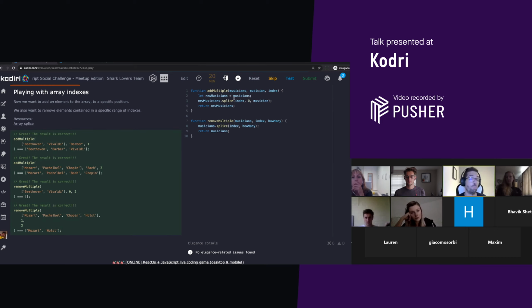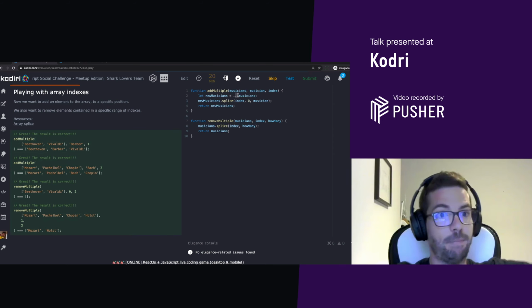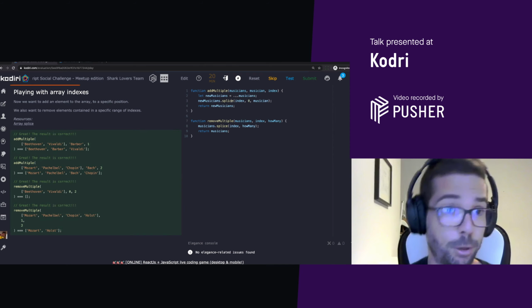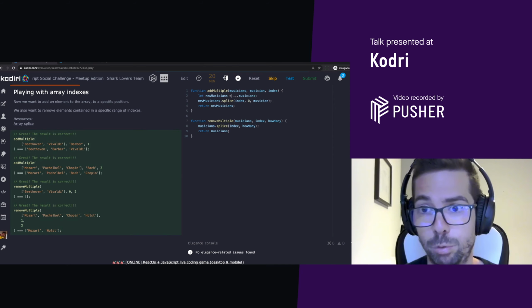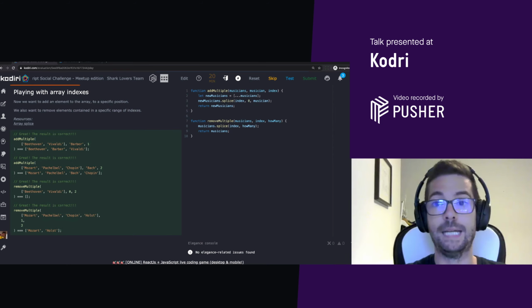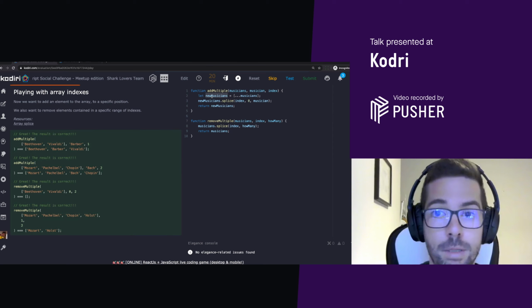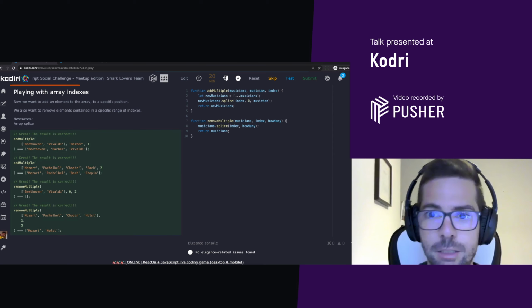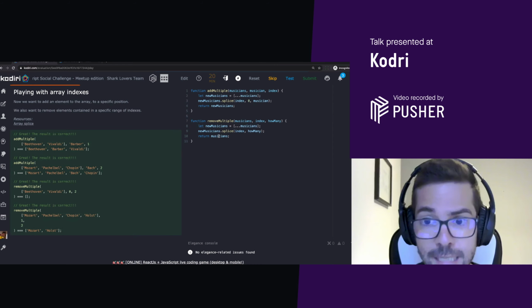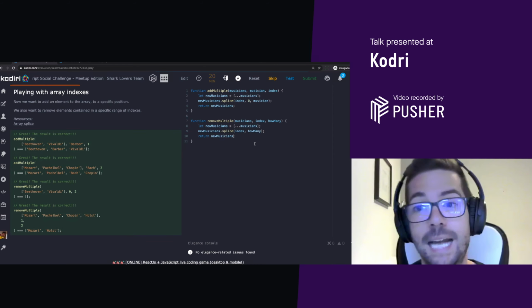Let me show you one of them, which is using the spread operator. You spread the values of the array into a comma-separated list of strings, and because we still want an array, we wrap that list of values into another array. So now new musicians is a new array, and we can do whatever we want on it without touching the original input.